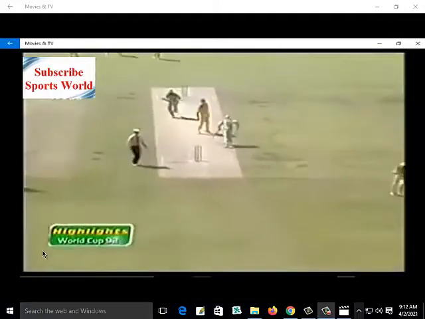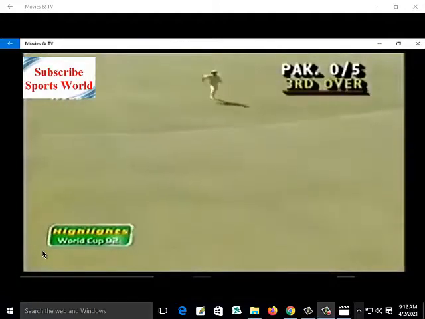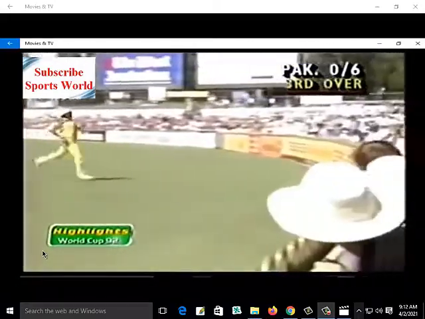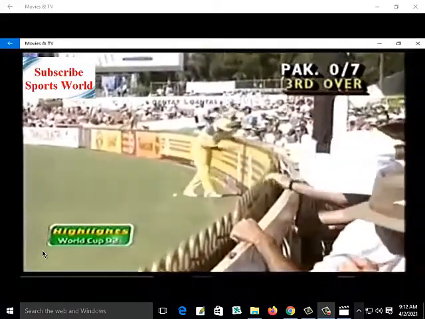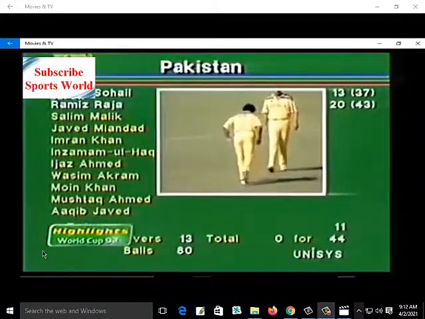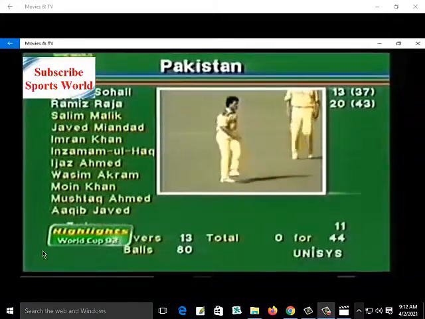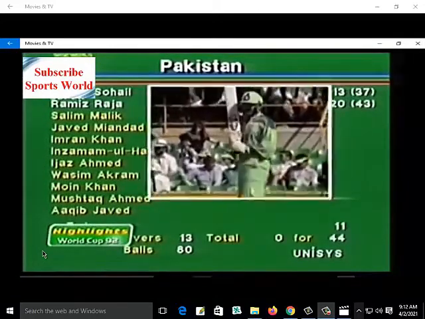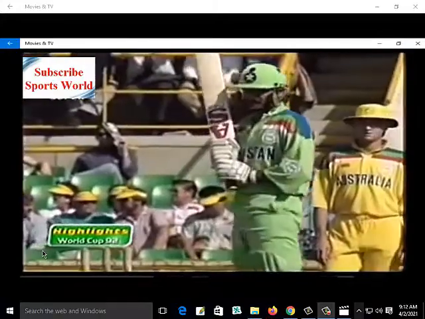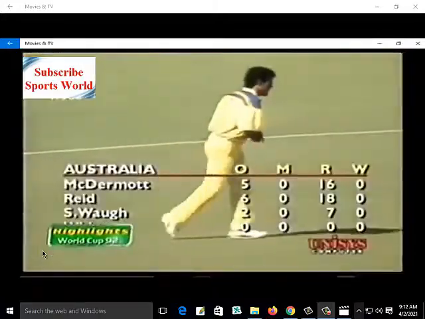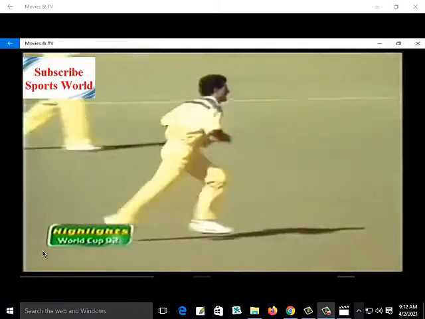That's well driven, and the fast pitch will have that ball to run down to long on. It's going to go all the way, hence the timing was there. First boundary for Pakistan. Pakistan have taken the initiative here at the WACA ground in Perth. They won the toss and batted. Ammir Sohail is 13, Ramiz Raja 20, 11 extras. The fourth bowler to be used comes on now, Michael Whitney from the members' end.